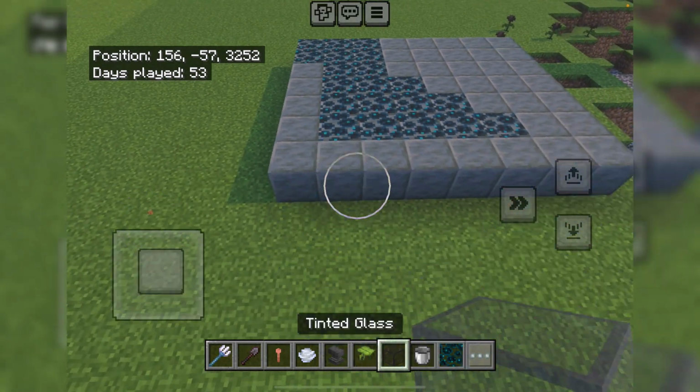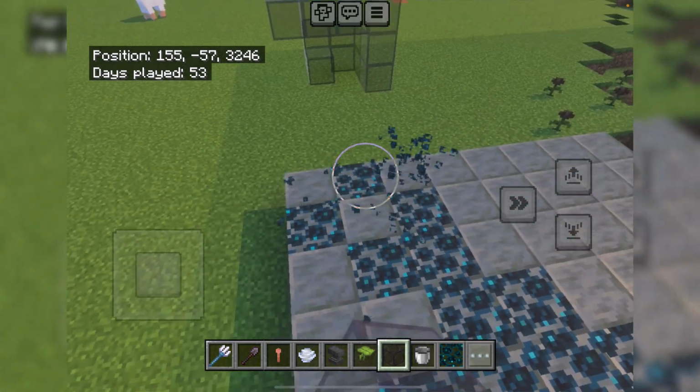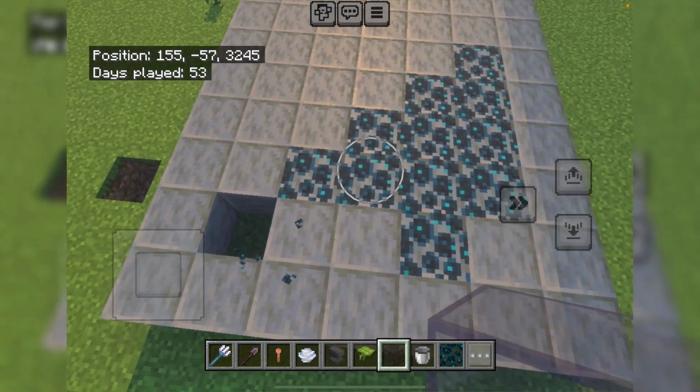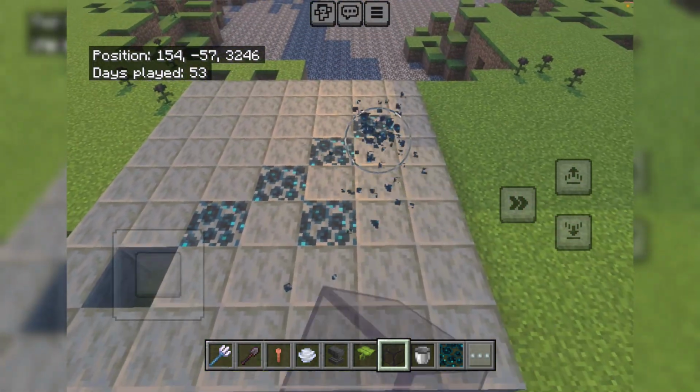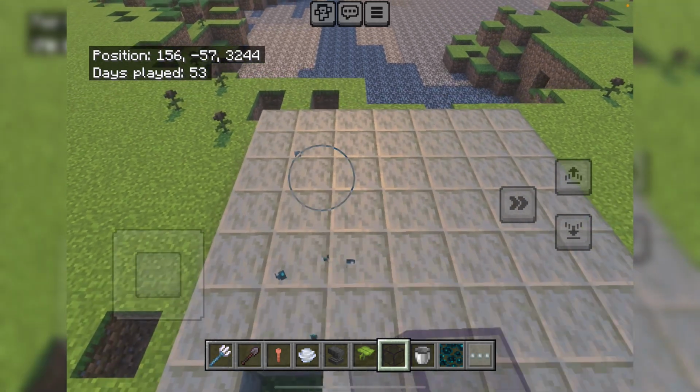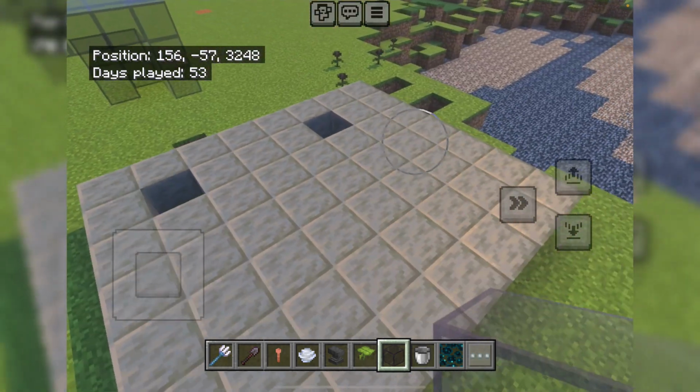Wait, I think that's not how it works. Actually, I think I got one thing wrong. So you're meant to do this. I got one thing really wrong. So then you put an eye like that,